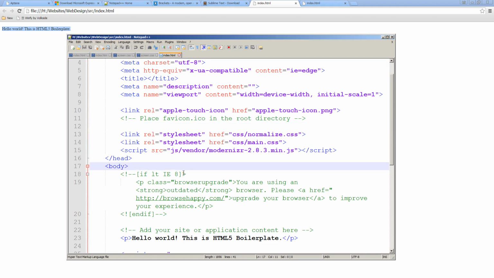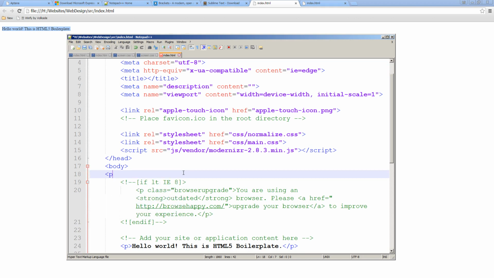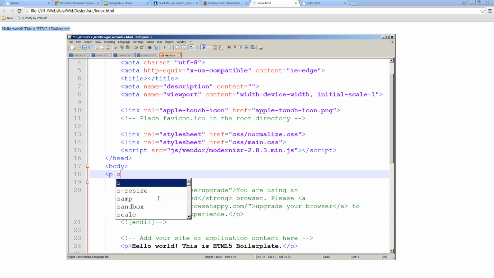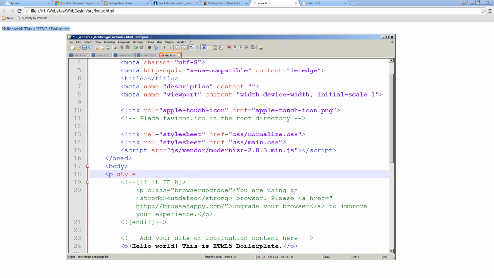And the better ones, of course, if you do something like this, you see that it actually does drop down all the different available tags. I think that was actually for styling, but if you were to do something like style equals